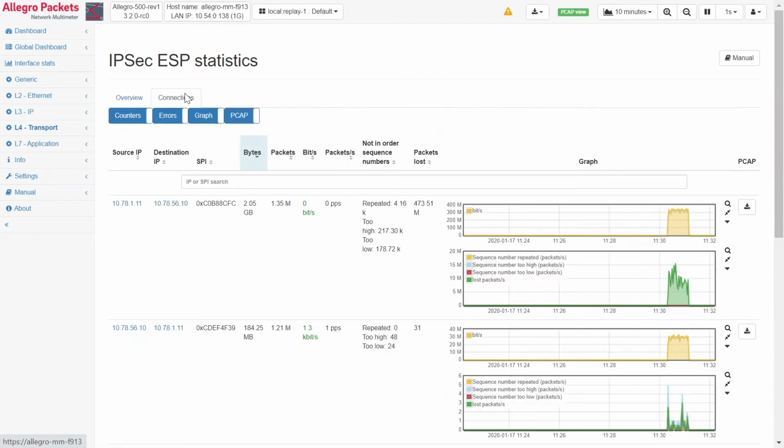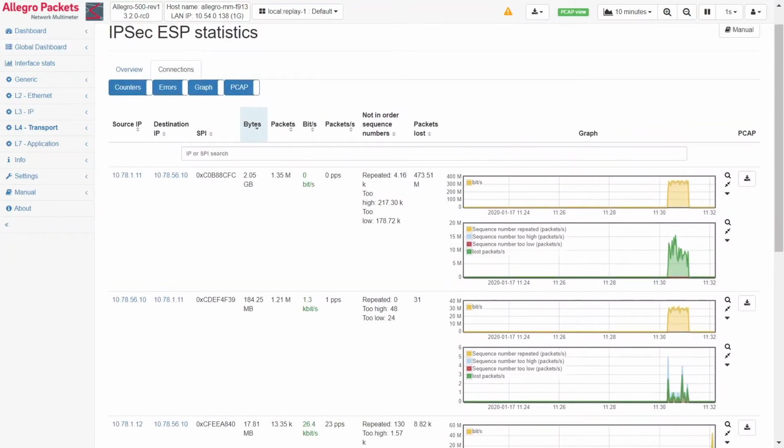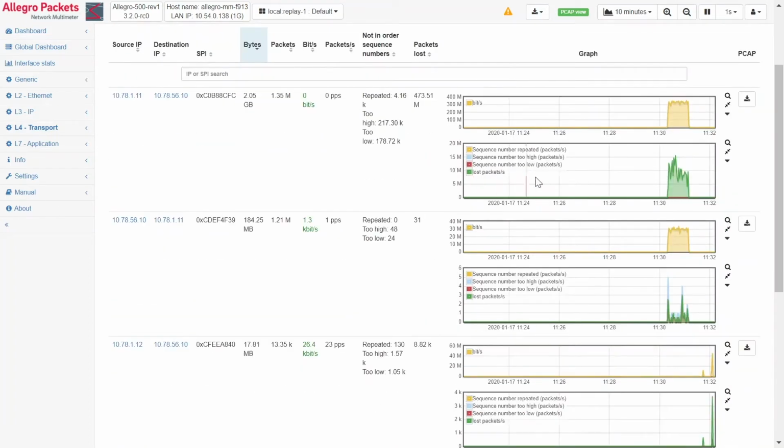Now we can see here we had some IPsec and we had some not-in-order sequence numbers. What is new is we can look at the connections and see each IPsec with source and destination. We can see in addition the transferred bytes, packets, and of course the sequence number.